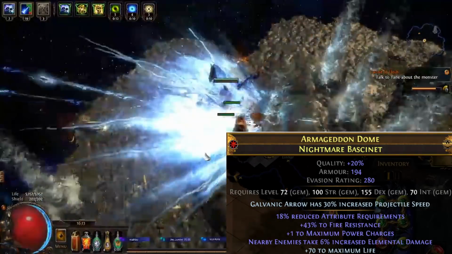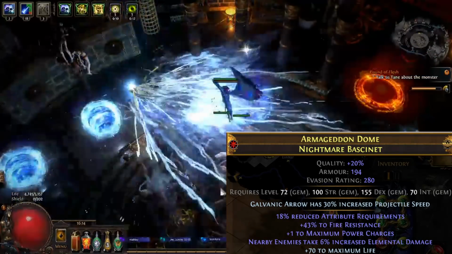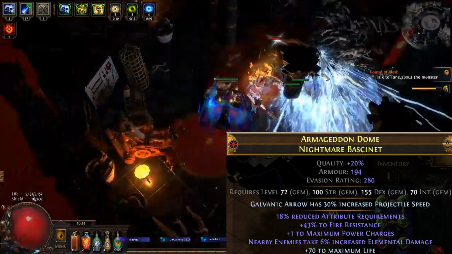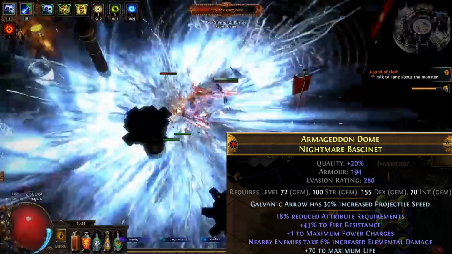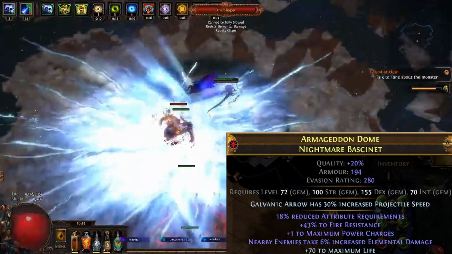In making this helmet a Shaper helmet, we have to Warlord Slam or Influence Orb Slam and then Awakener Orb it together with a Shaper helmet. We chose to do the +1 power charge from the Warlord and the 6% increased elemental damage taken from the Shaper helmet. At the end of the day, this is another example of all these items getting more expensive